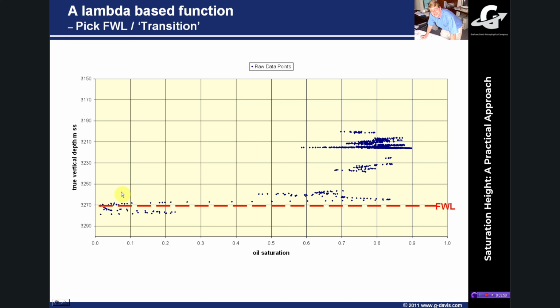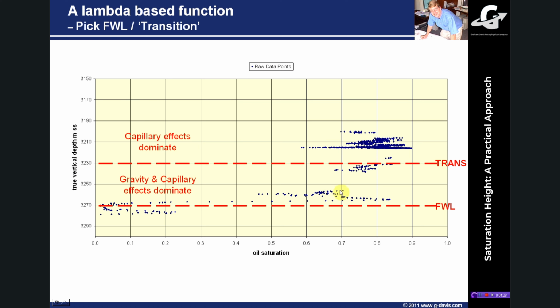We'll arbitrarily pull that. You may of course know this from other data. You may want to impose your free water level from RFTs or any other source of information you have. You may have a known free water level, and then you also identify what I'm calling, in inverted commas, the transition zone. So in broad terms, within the transition zone here, this is the stuff between the free water level and the point at which you might expect the saturation to become irreducible.